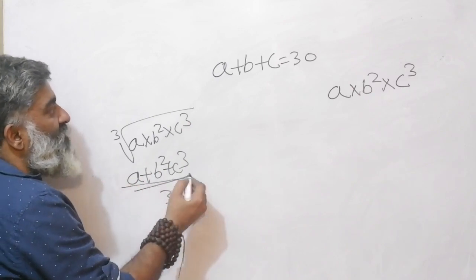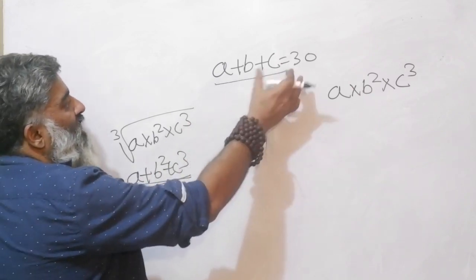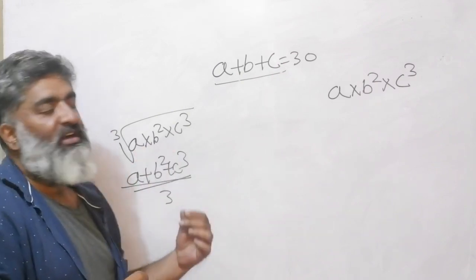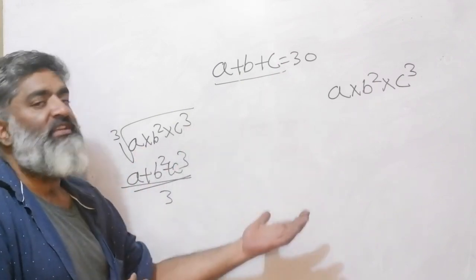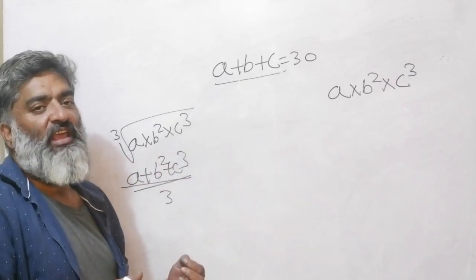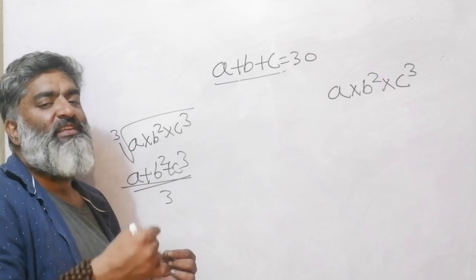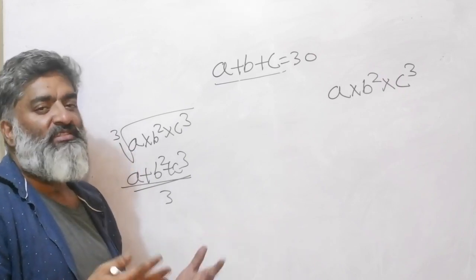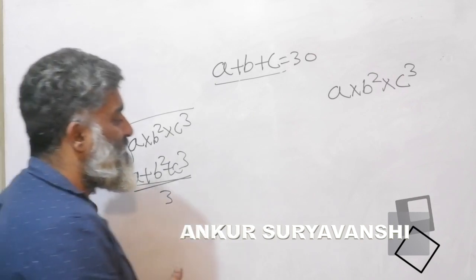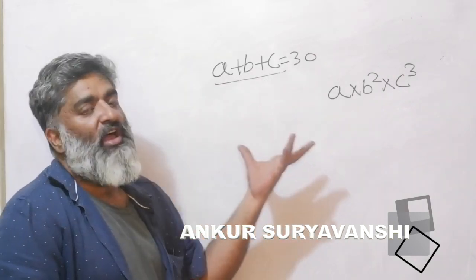But I do not have the value of this expression, and I do not know how to go from here to here at all. So something needs to be done, and once again, the moment you see what I am doing, you will understand that's the essential game. And maybe coming up with it is difficult, but after you watch it, you will understand that this game can also be played fairly easily. So how do I go for that?